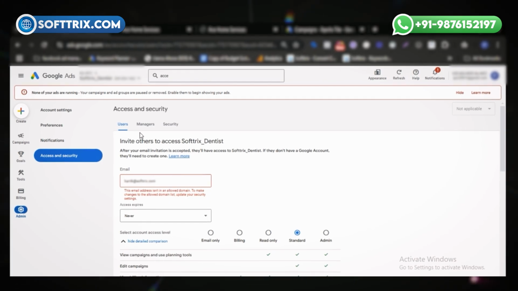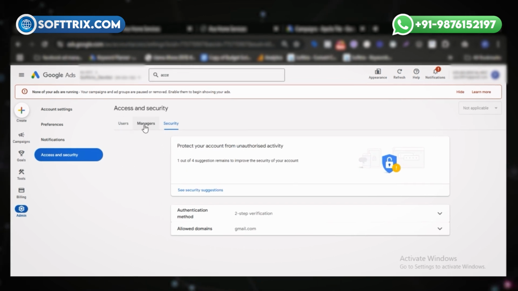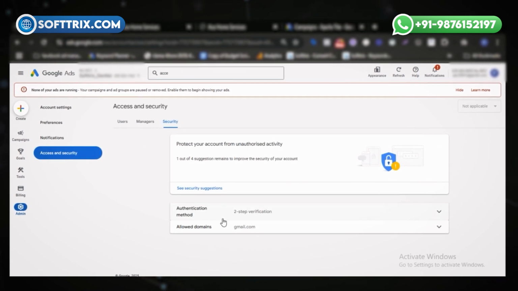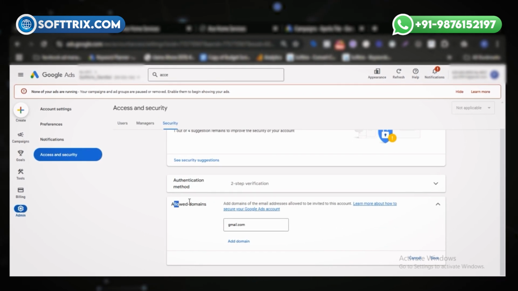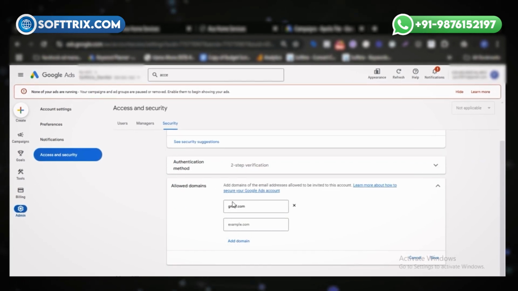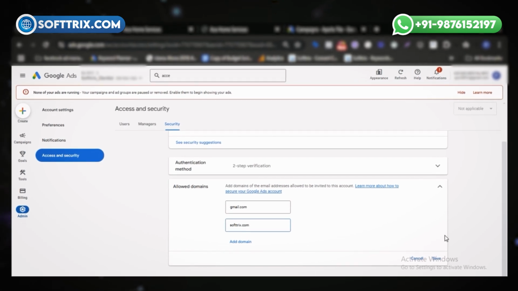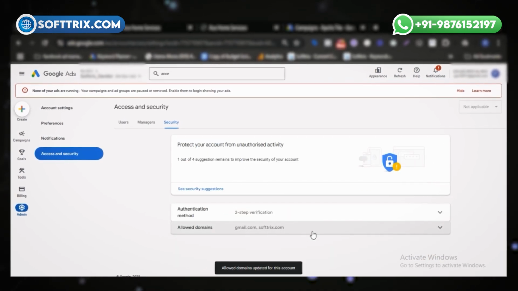So what you need to do is go into the security section. On the top you see the option user manager and their security. Under there you can find the allowed domain options. Currently you see only Gmail is allowed, so there you can add another domain.